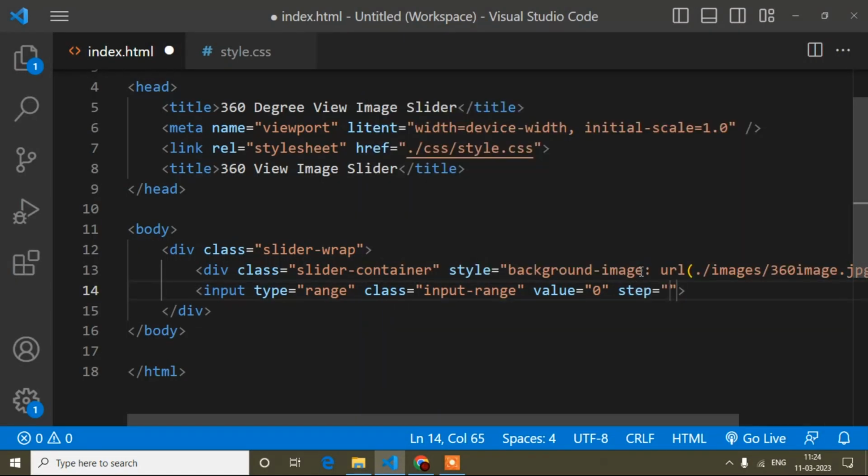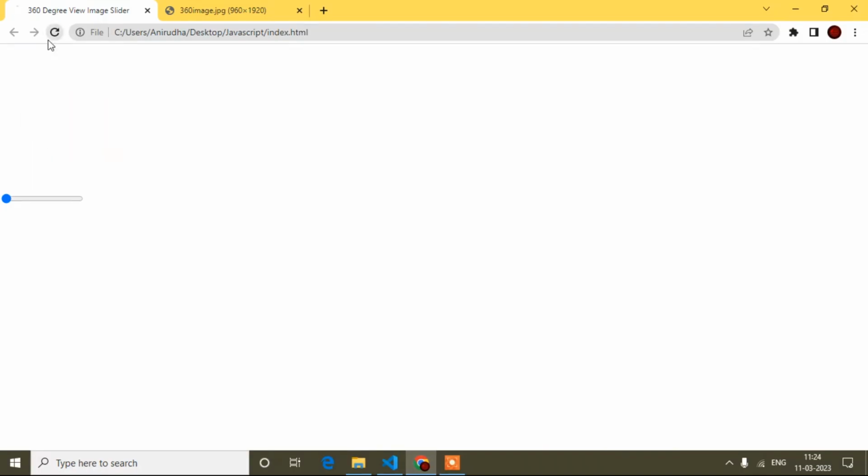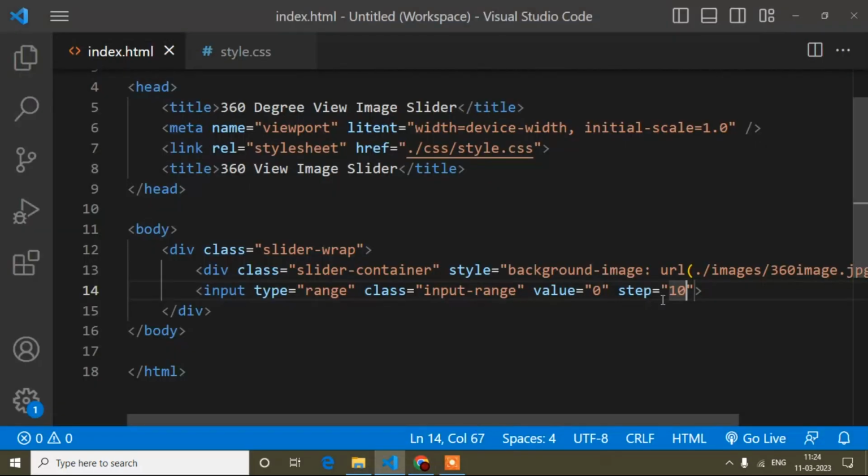If I write step 10, then in one slide it will move 10 steps, out of a total of 100. But here I will write step 1, so it will move by 1 step.